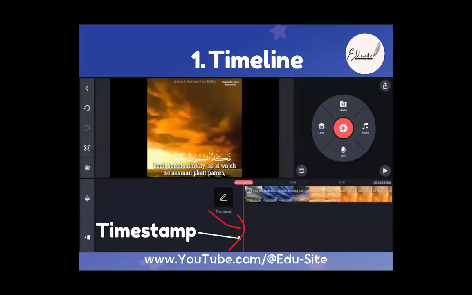This is very important, dear sisters and brothers. You have to remember this. This is the timeline that we have. In every video editing app, you will go through this timeline. Fine. This is a media circle, and this is the